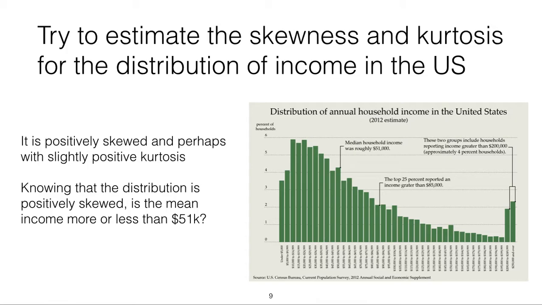So again, we have a median household income of 51,000. Why would they report the median and not the mean? Because we know that the mean is greater than the median when we have a positive skew. I don't know the answer. However,